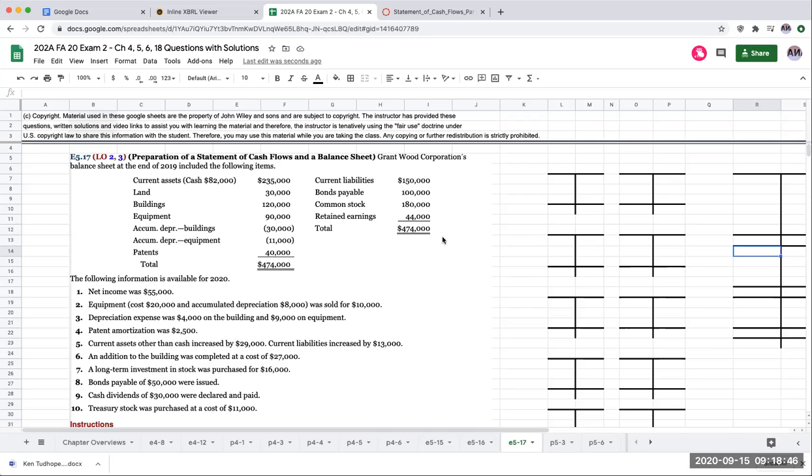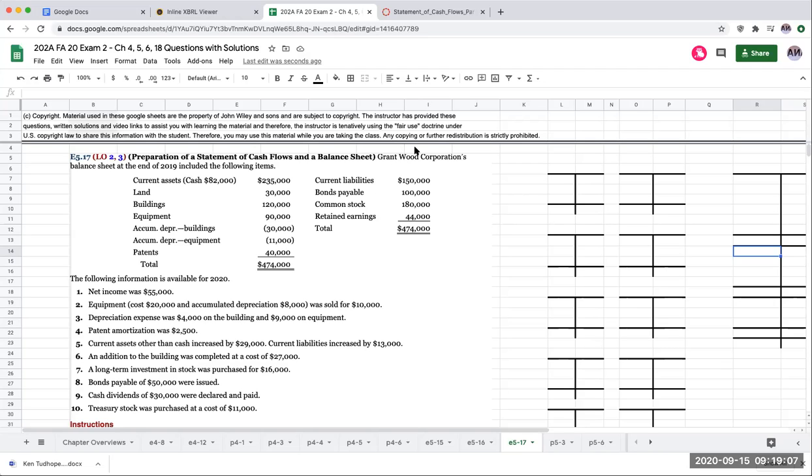Anyway, so let's take a look at this over here. This is a question that I assigned to you that, as I'm looking at it now, I have no idea why I assigned it, but let's have some fun. I've never done this question before, so this might take a little bit longer. I'm not really sure, but I kind of like it. It's a little bit different than what we have done, so we'll see if we can figure it out together.